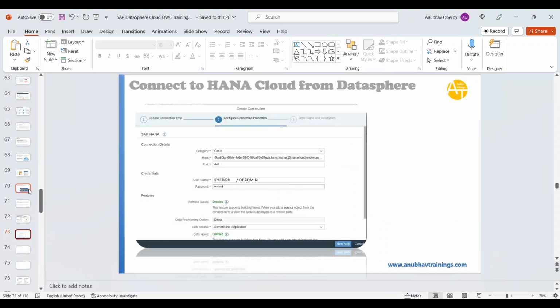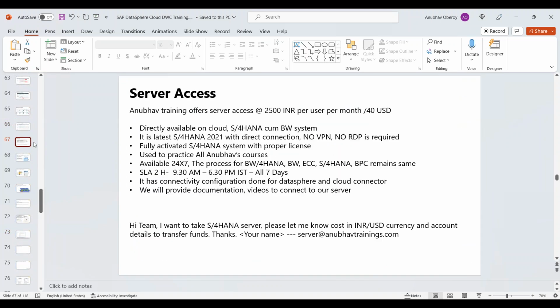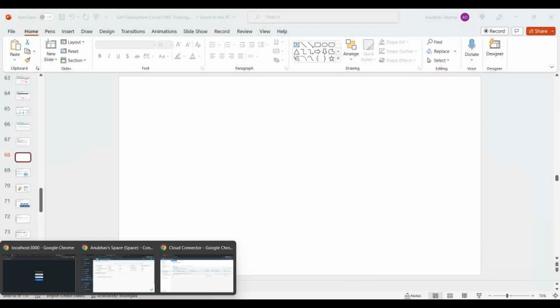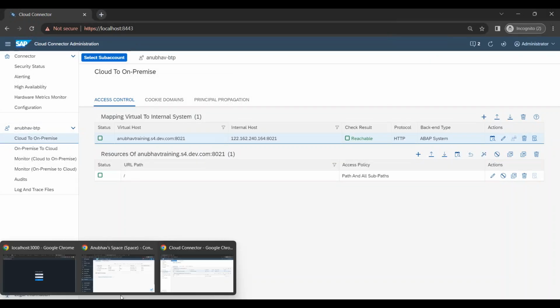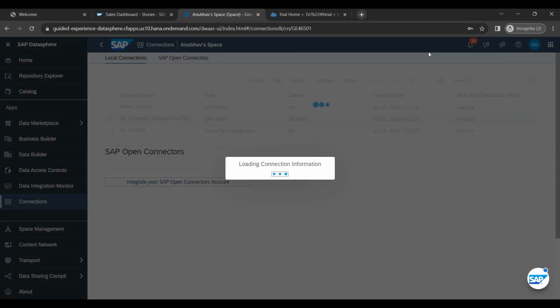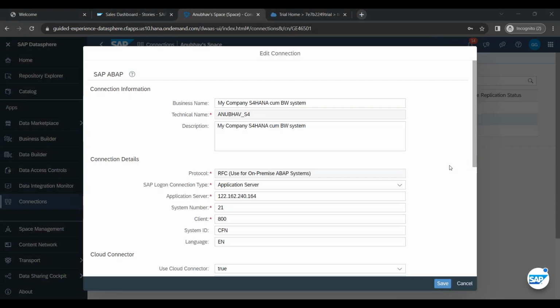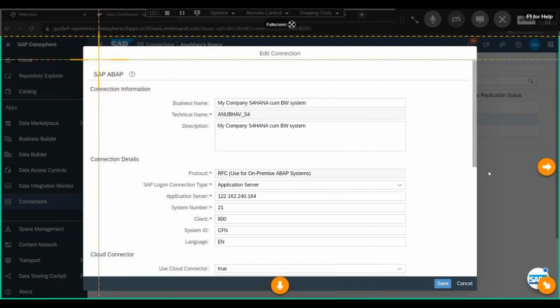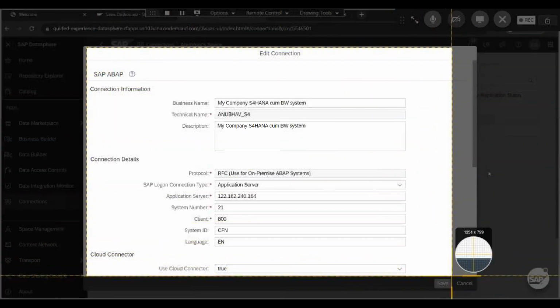Okay, so this is the screenshot I have added for you to also do the connectivity. You see everything I've added. Let me also add the screenshot of the connection which we created. You can edit the connection also after creating it. You can select and you can edit, in case the IP changes or some setting changes. So I'll put this screenshot